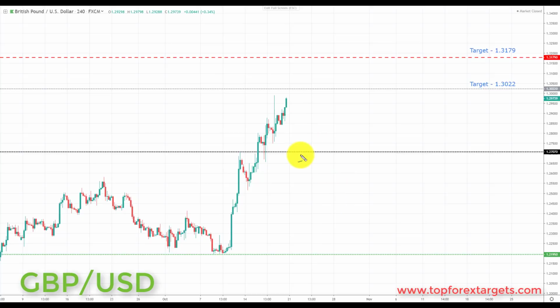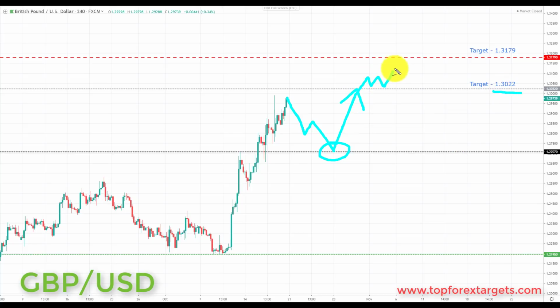What we would like to see first, though, is a pullback, because we are coming close to this target. So in order to get good risk to reward on a trade, we'd like to see a pullback first, preferably if we can come back and retest broken resistance, turning support, at 1.2707. This is going to be the best place next week to start once again to look for those bullish formations and patterns. We're going to be looking at initiating longs up towards the next key of resistance, the upside target set, 1.3022.